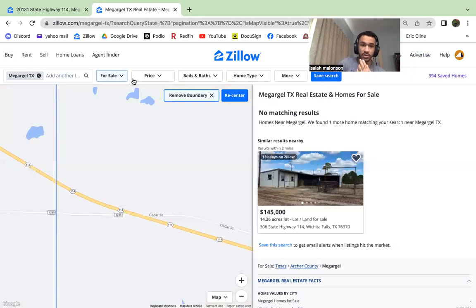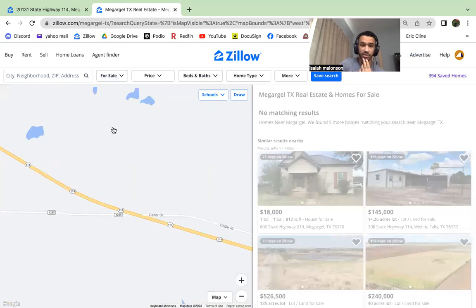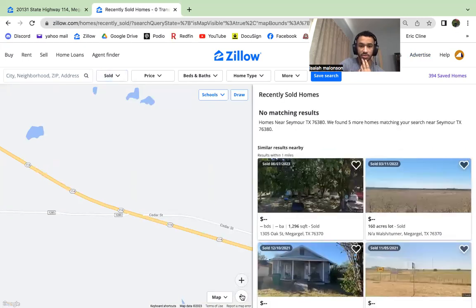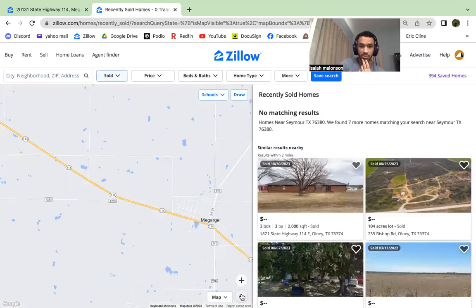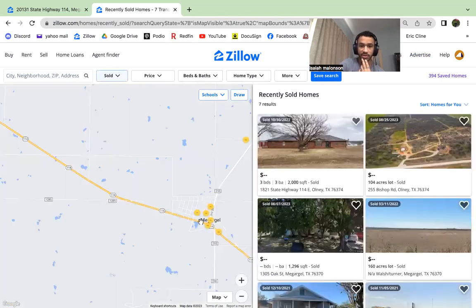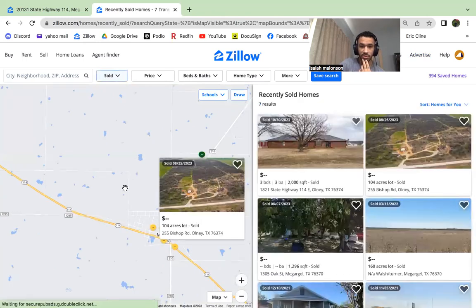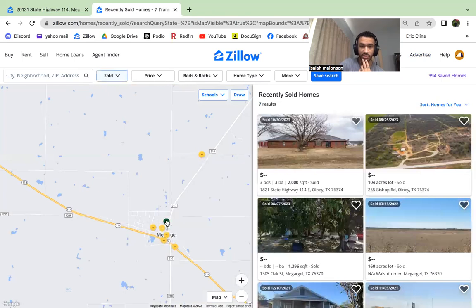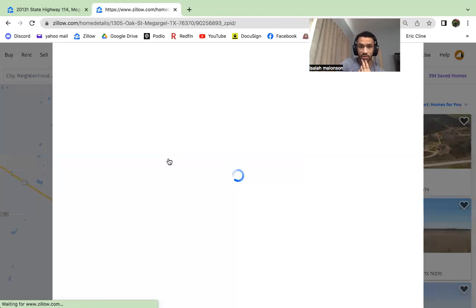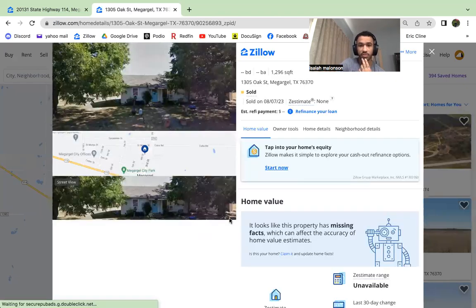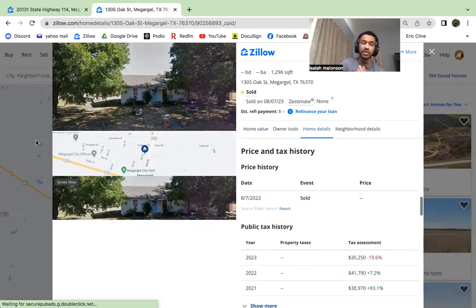So just do the old remove boundary, click on sold. Yeah, this is outside of the city. 104 acres. Yeah, this is a small town. So